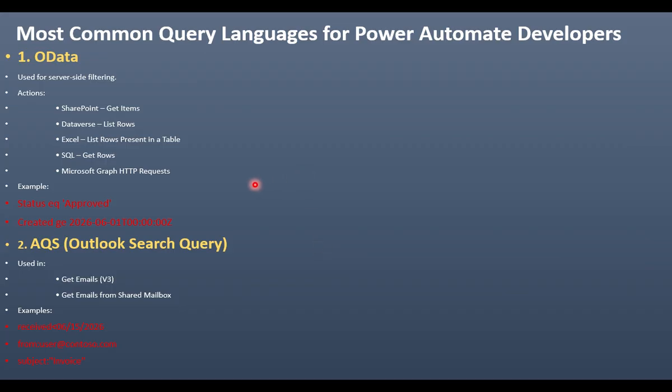So I have mentioned here OData. OData is used for server side filtering. Okay, so these are the actions where we use OData queries. Okay, so this is the syntax. Okay, status EQ approved, created greater than or equal to this date. Okay,